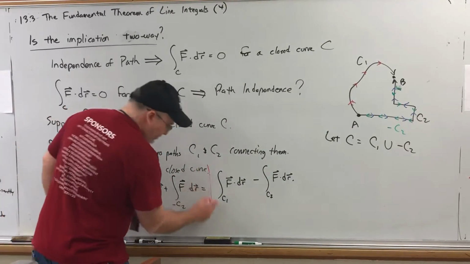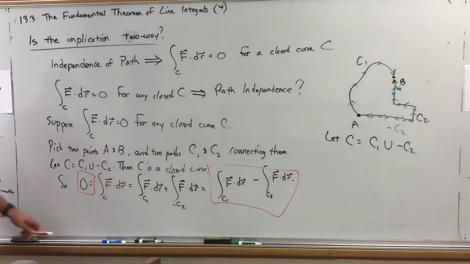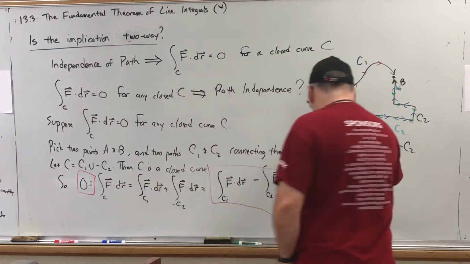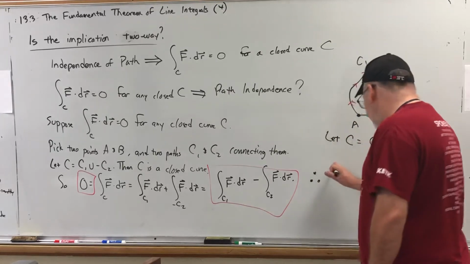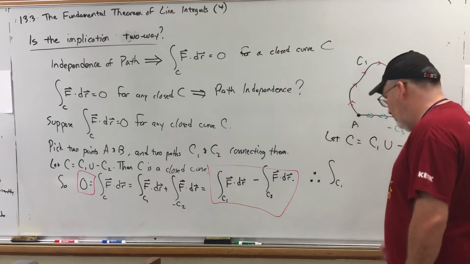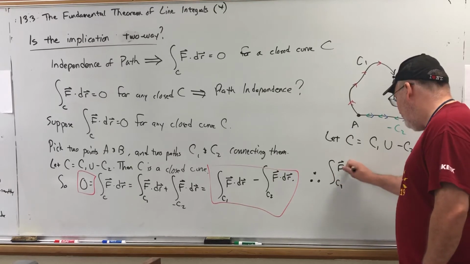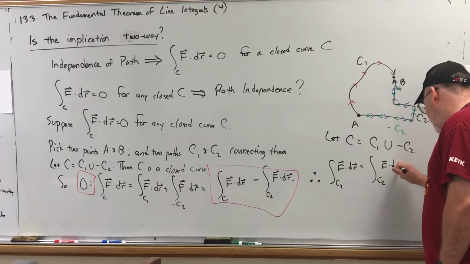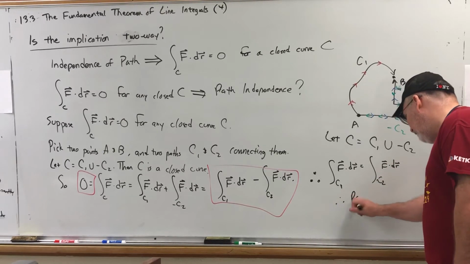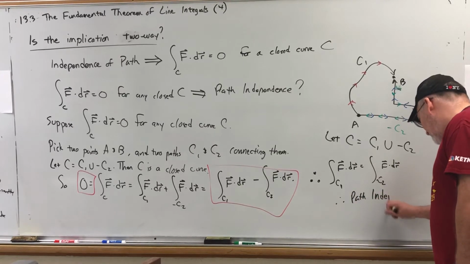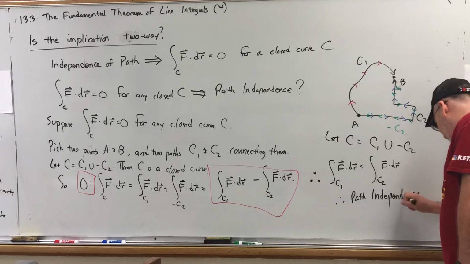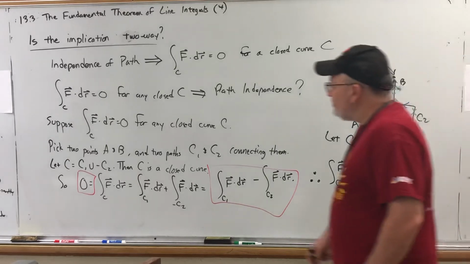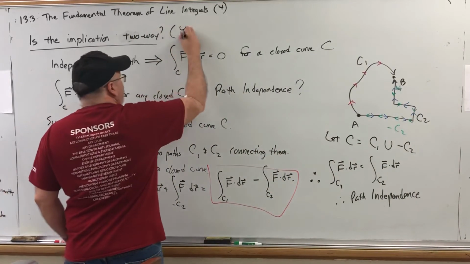0 equals this difference. And the only way you can subtract two things and get 0 is if those two things are equal. Therefore, we can conclude that the line integral over the first path, F dot dr, is equal to the line integral over the second path of F dot dr. And therefore, we can conclude path independence, because the integrals were equal regardless of their paths as long as they had the same initial and terminal points. So the answer is that the implication goes two ways. Yes,